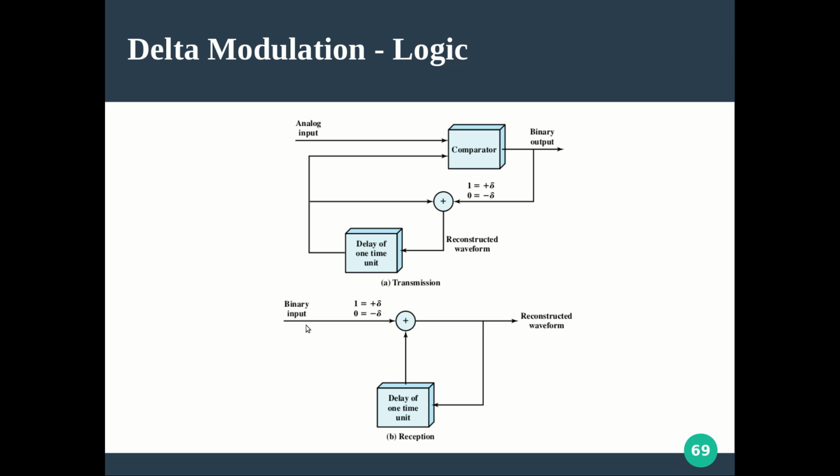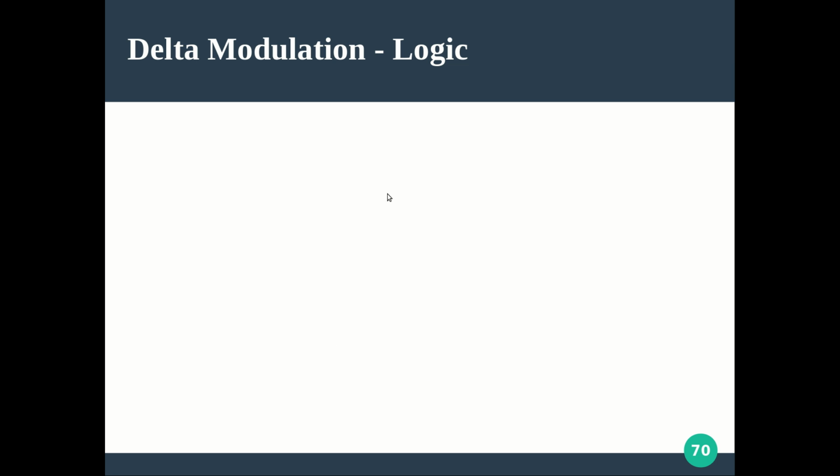Now at the receiver side, the receiver will be getting some binary ones and zeros. If it is 1, it will assume a plus delta value for the staircase function. If it is 0, it will assume a minus delta value. So this is the reconstructed waveform. After each movement, after introducing the delay, again plus delta or minus delta, so that we get the subsequent part of the signal. That is why we have a kind of looping back here. I hope this picture is clear for you.